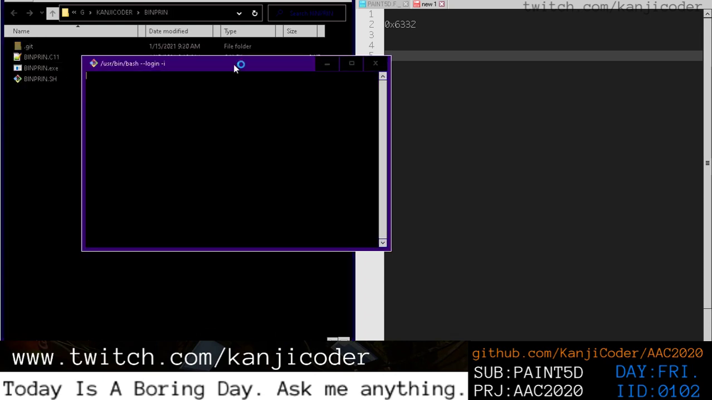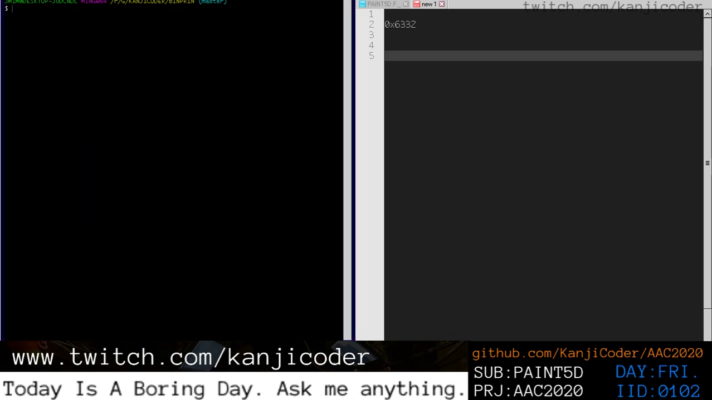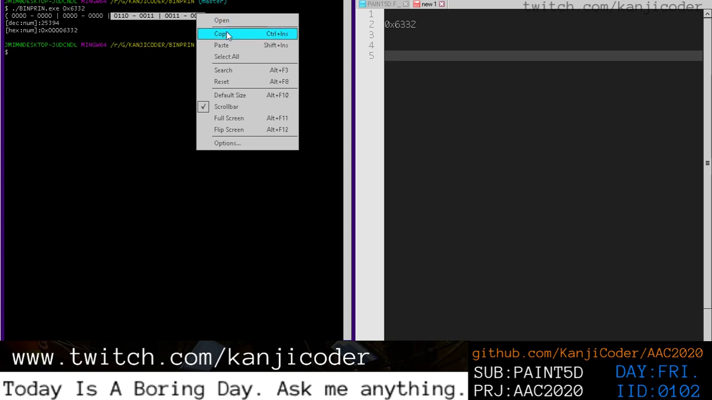So git bash here, and we're just going to do ./binprin.exe, and then we're going to supply 0x6332, right? And we're going to try to print off the binary there, right? And so now we only care about the 16 bits here, so let's take these 16 bits, copy them,